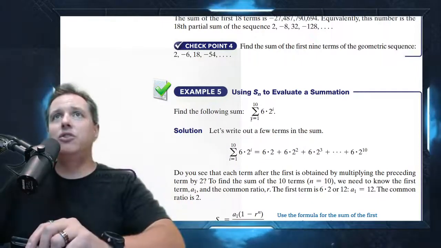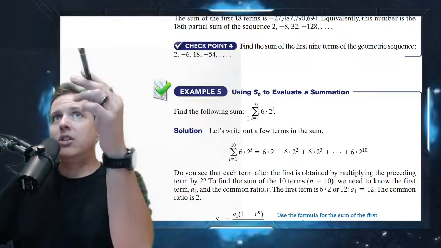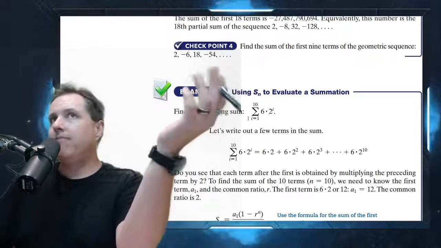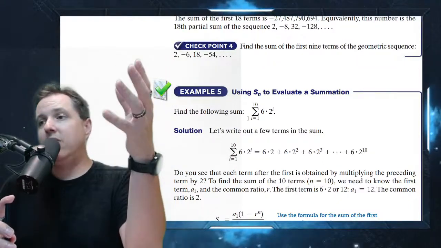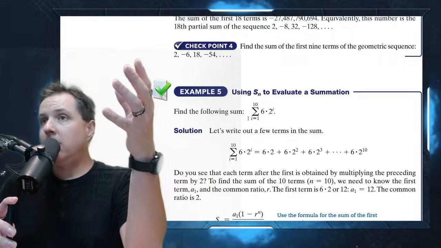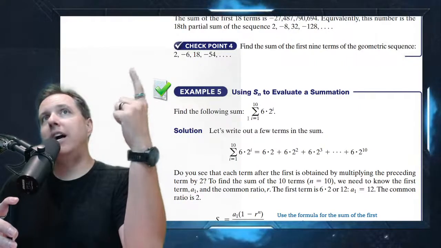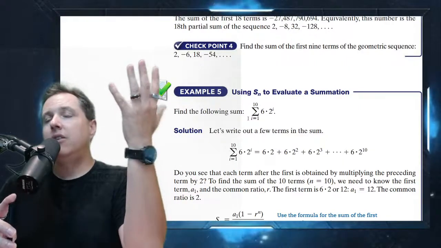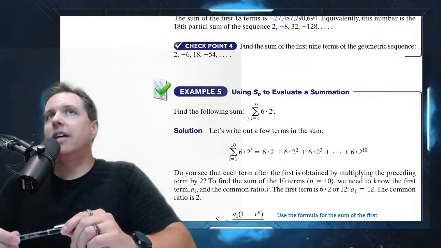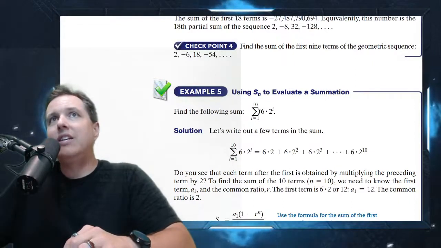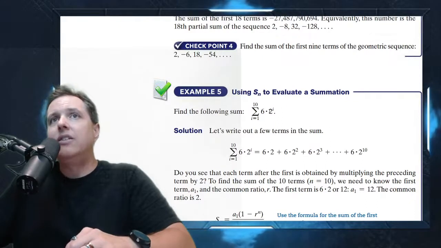A problem like this, you could do by hand. We did an example like this. When I did the example, I was using n, and sometimes in the book they use i. It doesn't matter. Summations are very frequently done with i, n, k, and j. Those are probably the big ones. Sometimes you'll see a and b. So don't get worried about the letter. The letter doesn't matter as long as you're consistent and it tells you what to do with the i in the formula.